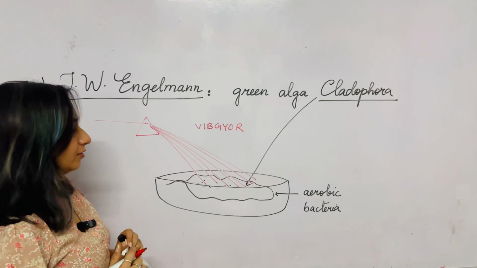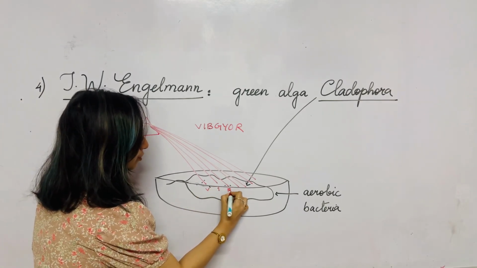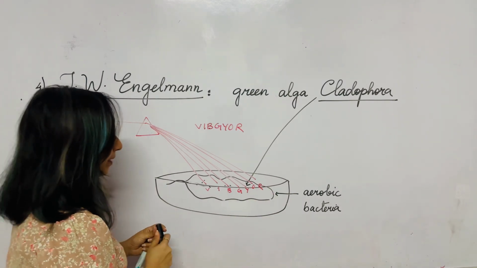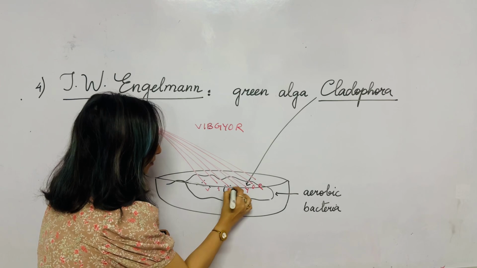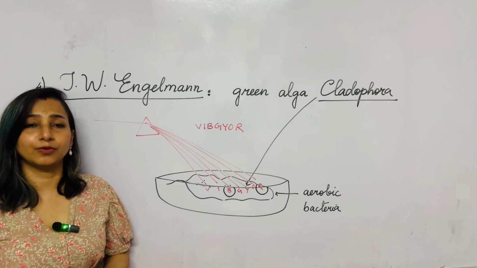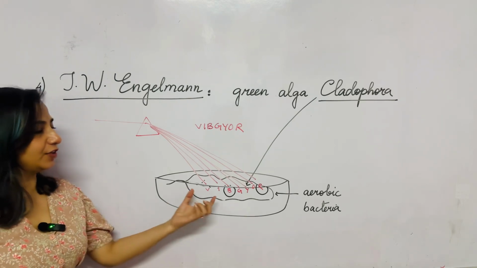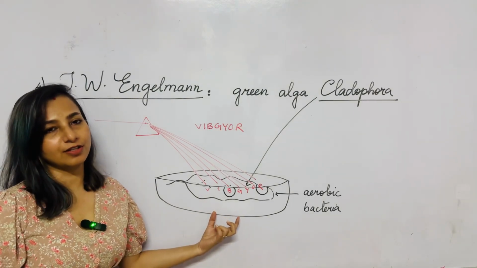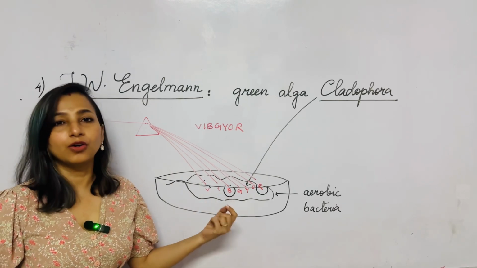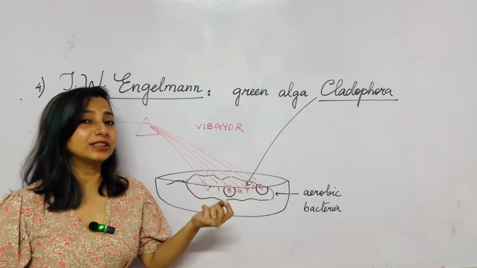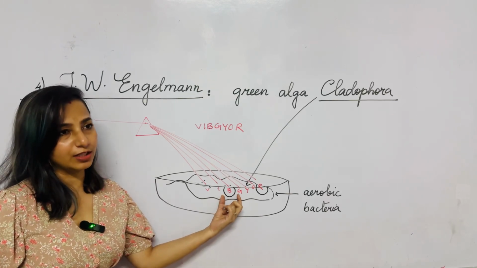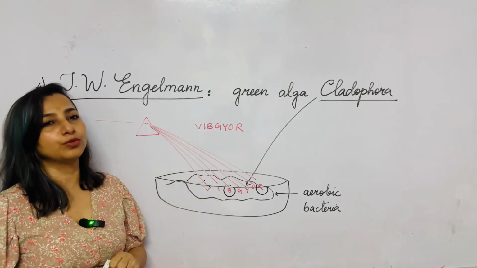Now what did he observe? Suppose this is the Vibgyor. He found out that the aerobic bacteria accumulated near the blue region and near the red region. Why? Because these are the regions in which photosynthesis occurs. The product of photosynthesis is glucose, and with glucose, oxygen is released. So in those areas where oxygen is released, the aerobic bacteria moved towards those